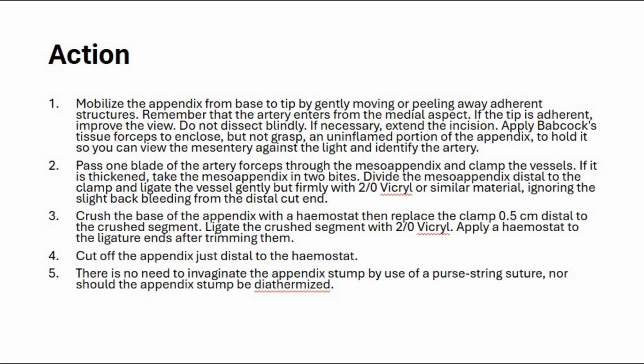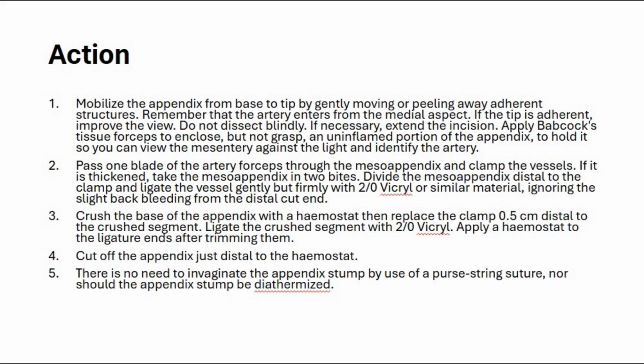Crush the base of the appendix with a hemostat, then replace the clamp 0.5 cm distal to the crushed segment. Ligate the crushed segment with 2-0 Vicryl. Apply a hemostat to the ligature ends after trimming them. Cut off the appendix just distal to the hemostat. There is no need to invaginate the appendix stump by use of a purse string suture,